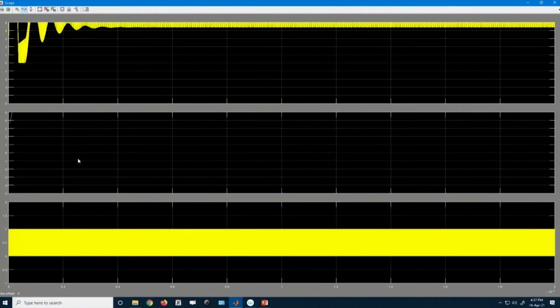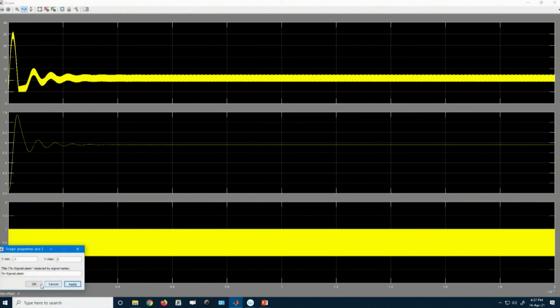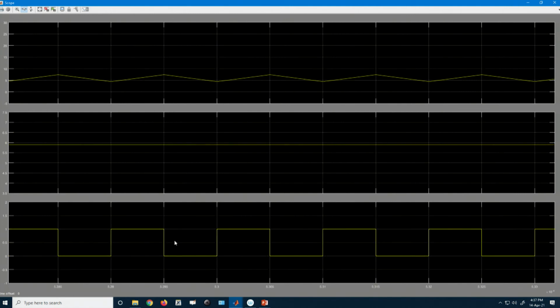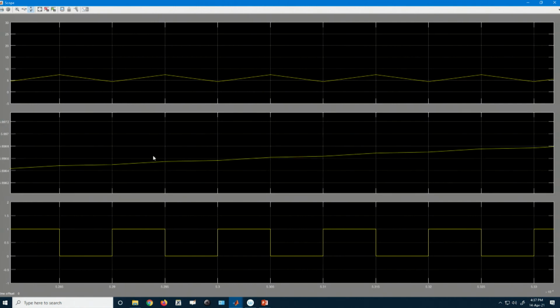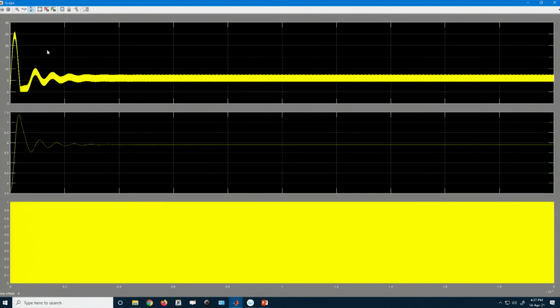Now, if we want to see how the voltage profile looks, they are not exactly the same. It is just rising, so it has not reached steady state.